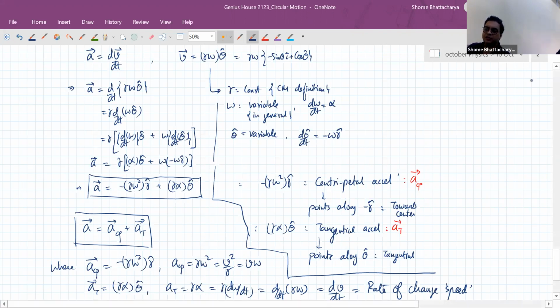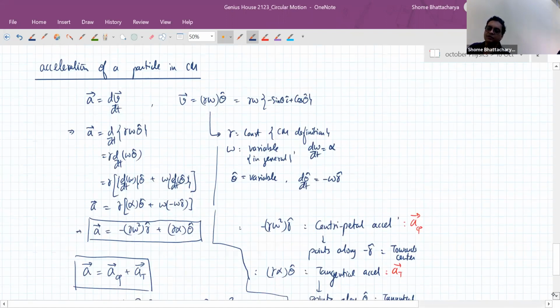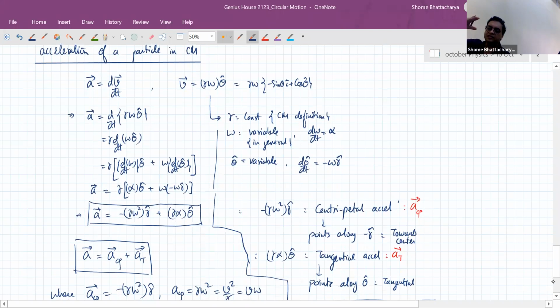And we'll realize very soon that the role played by the centripetal acceleration is that it turns the velocity vector. The velocity vector's direction is continuously turning along with the tangent. The responsibility for that turning lies with the centripetal acceleration. Whereas if the speed is changing while it is turning, then there will be tangential acceleration. If it's a uniform circular motion, there won't be any tangential acceleration. We'll note down these points also, but first just get familiar with this derivation.